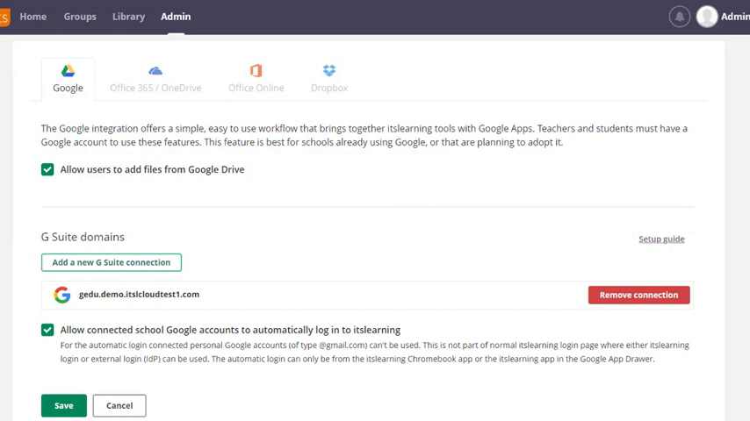So we also have the allow connections automatically feature in the system admin tool, so that if students are logging on to their Chromebook with a Google account, it will automatically log them into It's Learning. You can also do this with not just a Chromebook, but with other devices as well. So you can allow It's Learning to utilize those Google accounts to log on to It's Learning